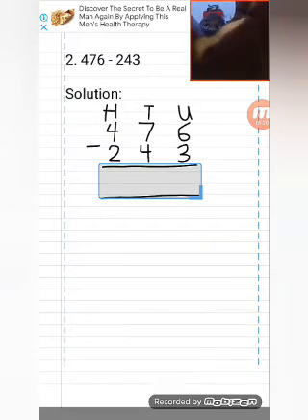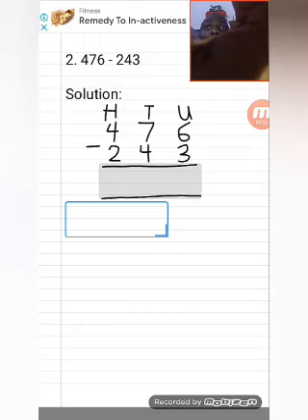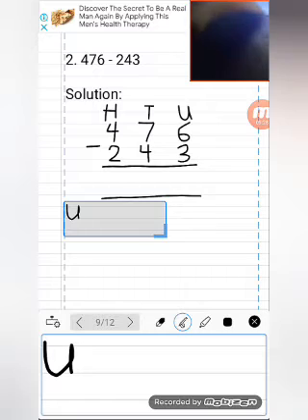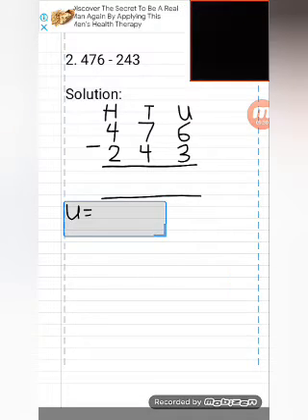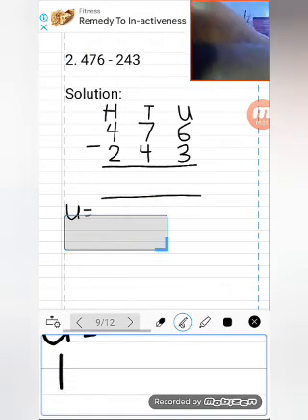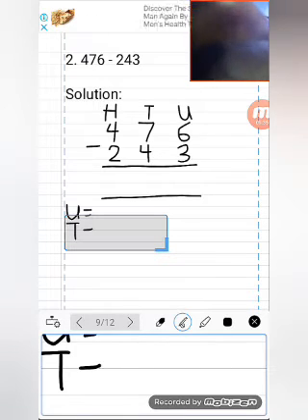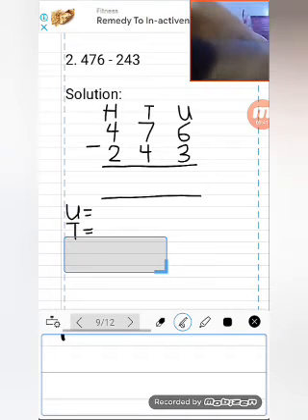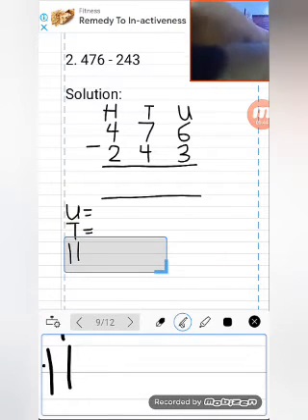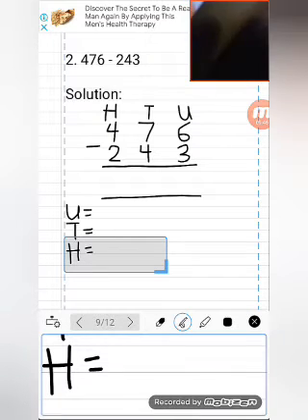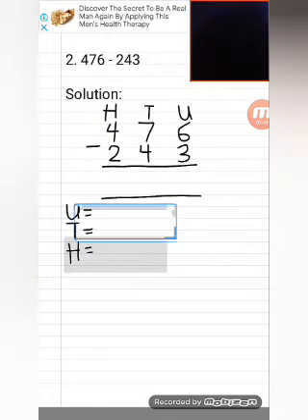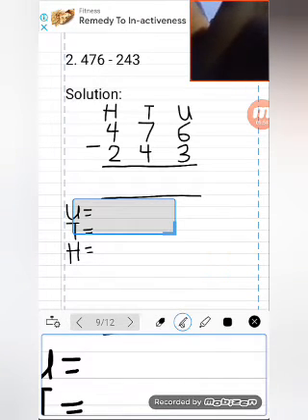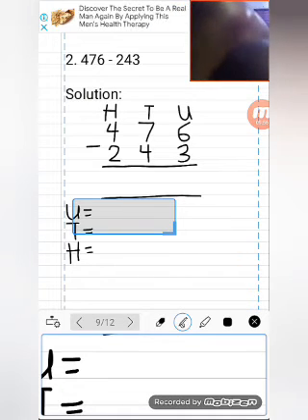Created. Good. So we start outlining every activity under each place value, starting from the unit. The unit U, the T, tens, and the H, 100. Okay, so for the unit we have 6